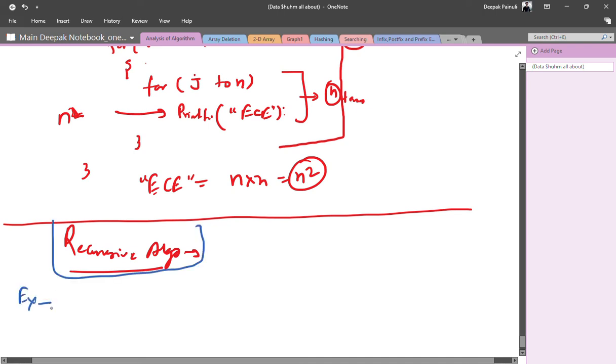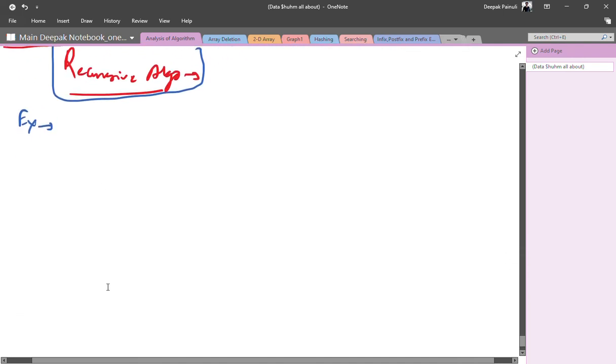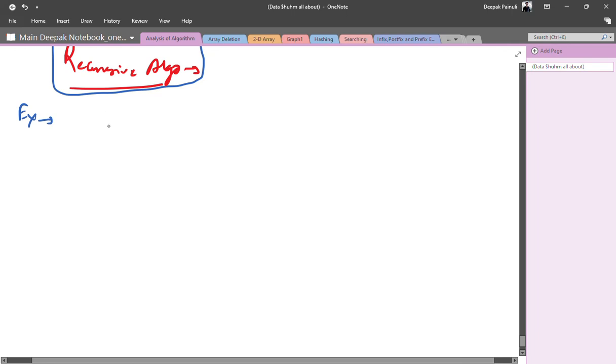Our algorithm example is, let's say we have one function A(n), and inside it, if n is greater than 1, we are returning A(n minus 1).